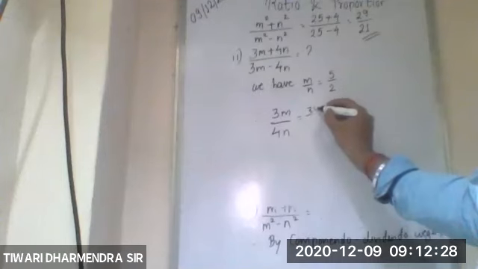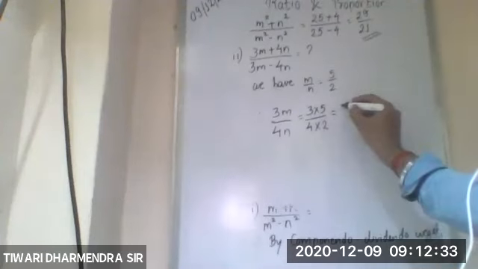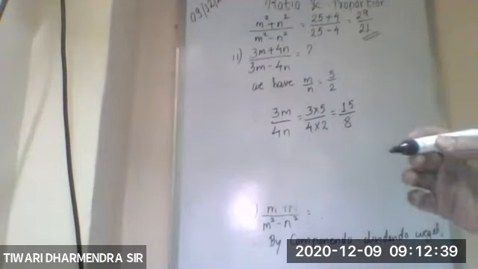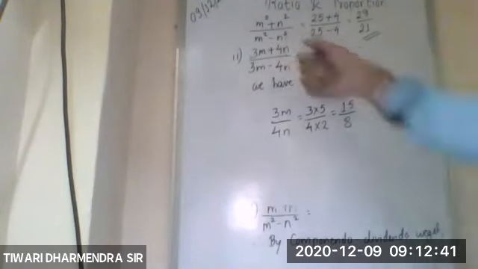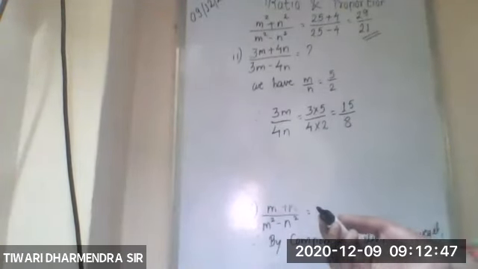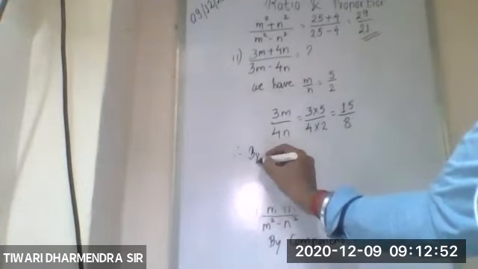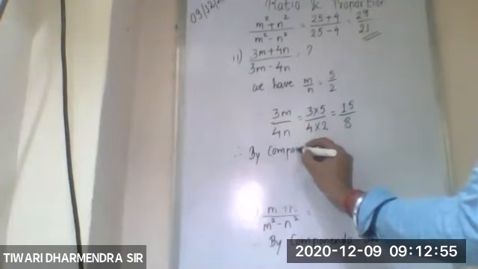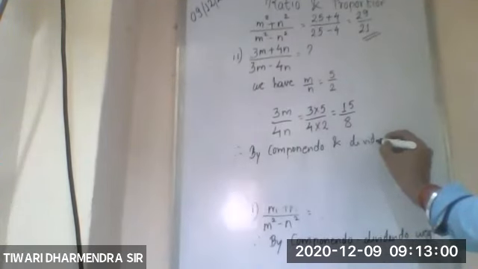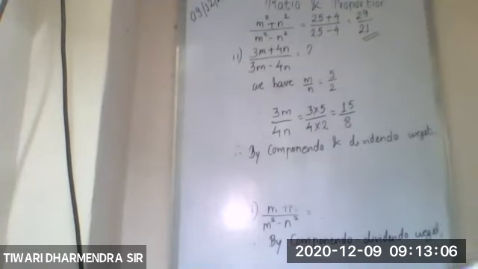that is 3 into 5 upon 4 into 2. What do you get? 3 into 5 is 15, divided by 4 into 2 is 8. We got this. Now, as per requirement, as we can see, positive in numerator and negative in denominator, we need to go for componendo and dividendo again. So therefore, by componendo and dividendo, we get